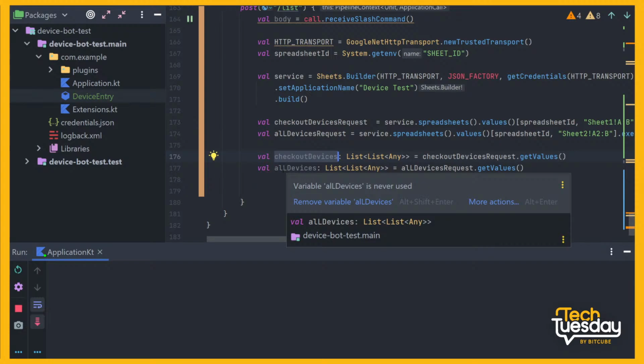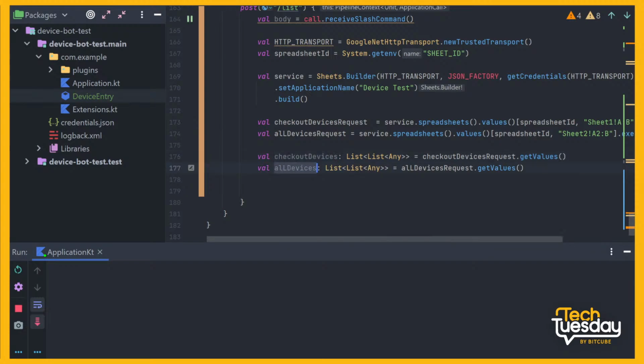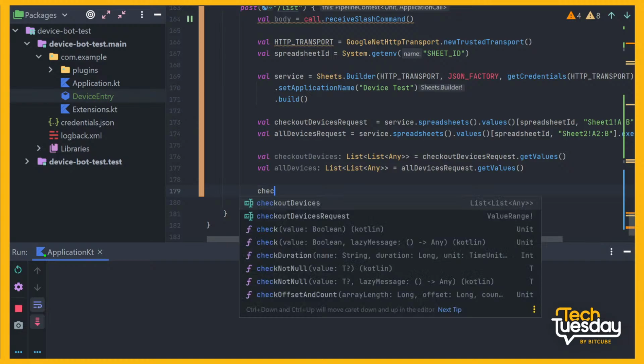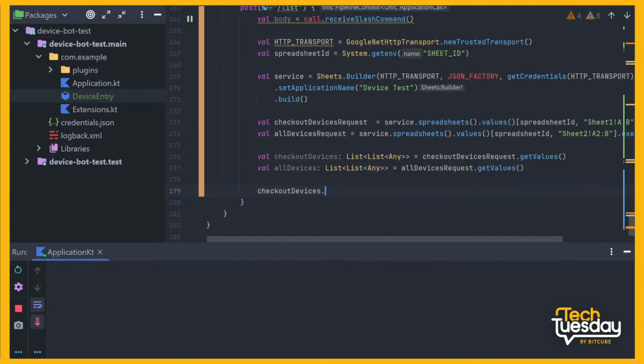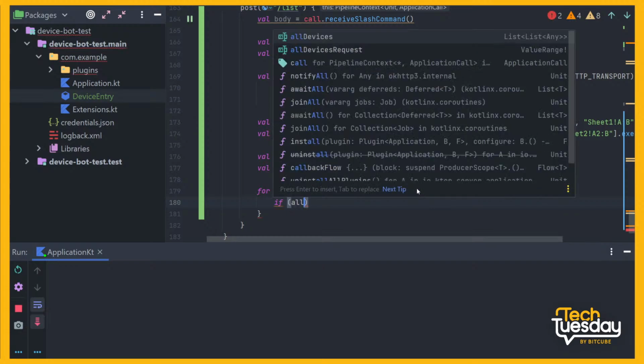Okay, so we want to check which devices in this list are, no, yes. We want to get a status for each device. So if a device is in this list and in this list, then it's going to be considered as not available. So let me just fix this mistake. I'll just naively loop over all of these checked out devices. If all devices